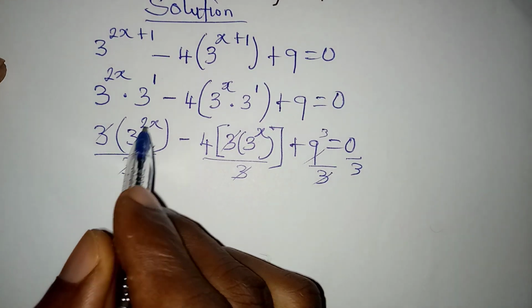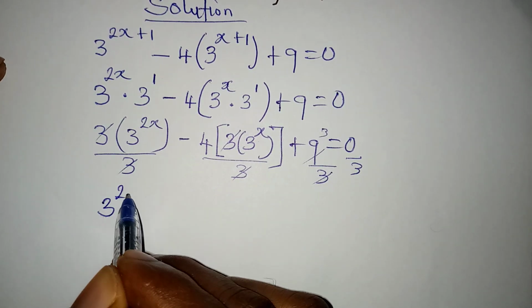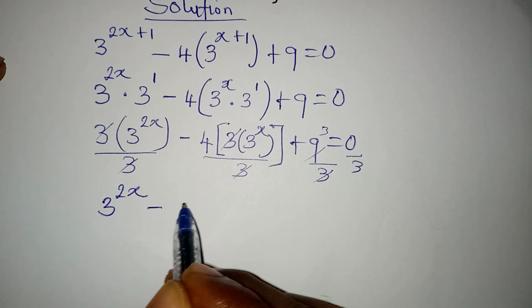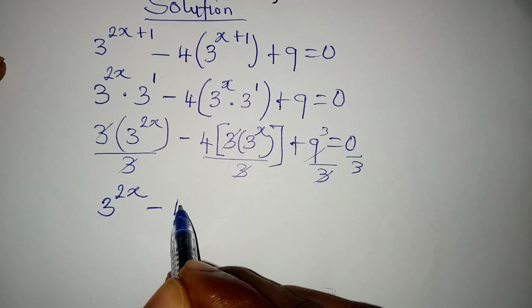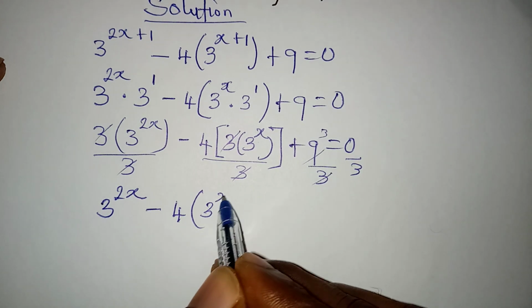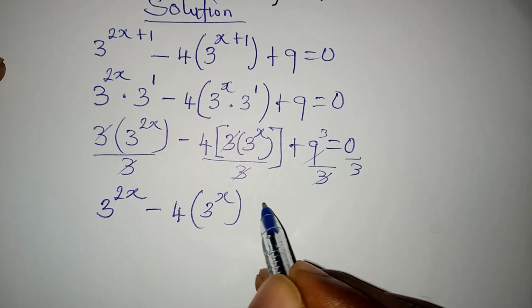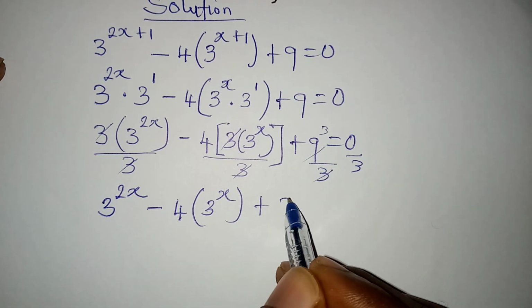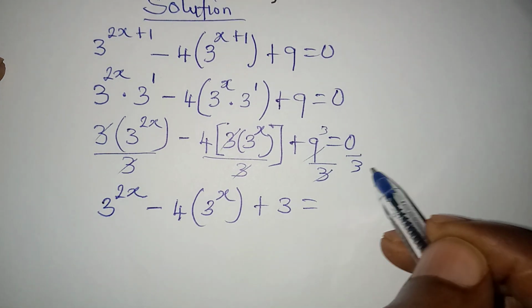Now from here I have 3 to the power of 2x minus 4 into bracket 3 to the power of x, close this, then plus 3 equals 0 divided by 3, and